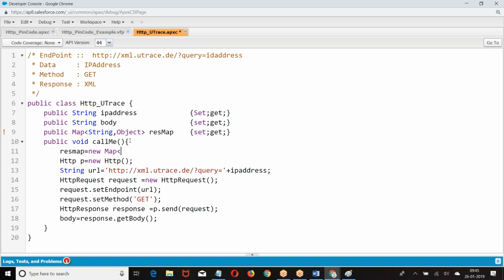Look at the code. Does anyone have any query on this code? Endpoint URL, method is get, send a request, get the response, right?